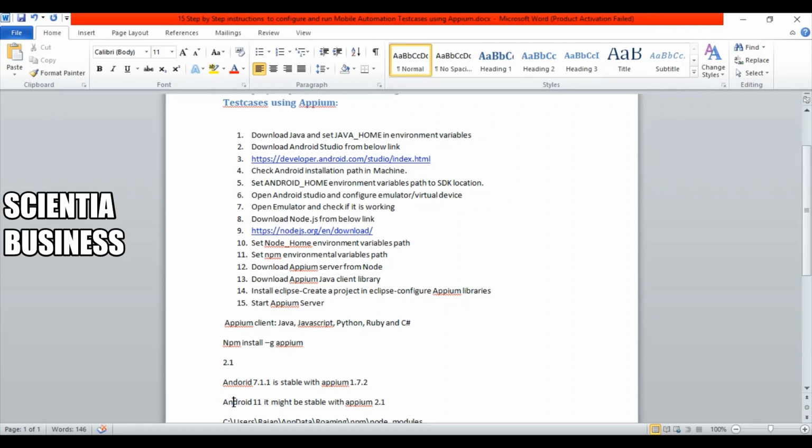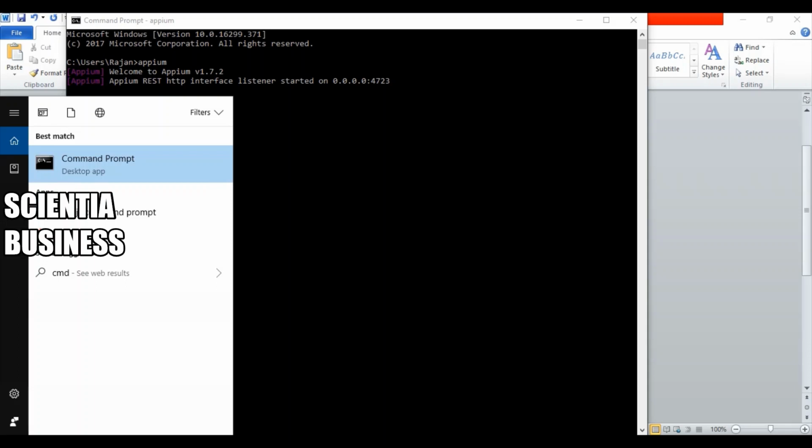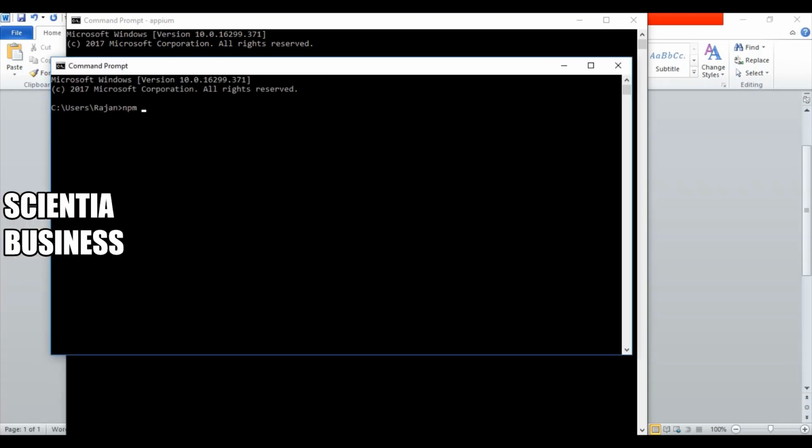So this is it. One more thing: in order to uninstall APM from your machine, the command you need to use is simple. We'll just go to the command prompt and write npm uninstall apm. Enter. If you just press enter, it will uninstall the APM version that is currently installed. Why am I telling you to uninstall? In what cases does this uninstallation help? So let's take an example.